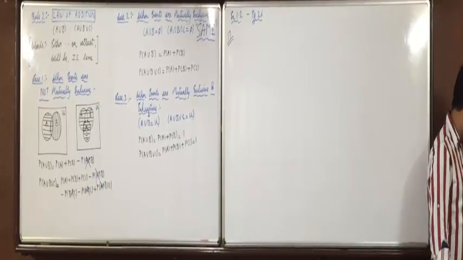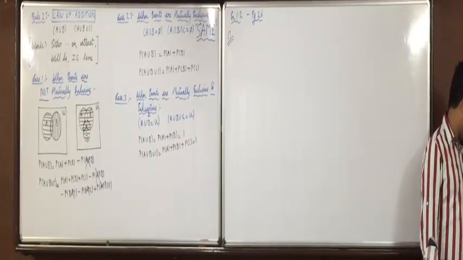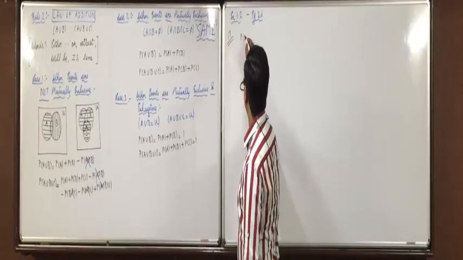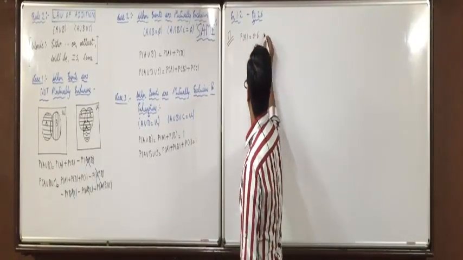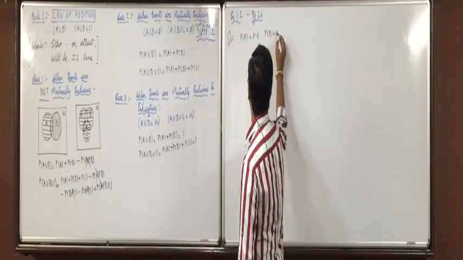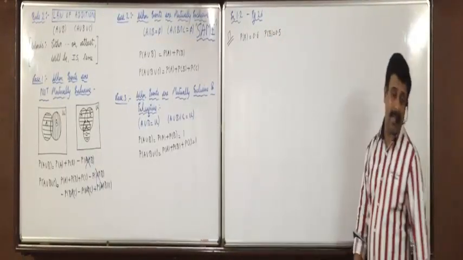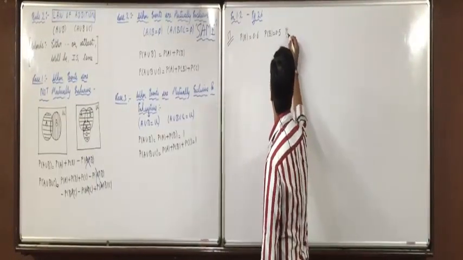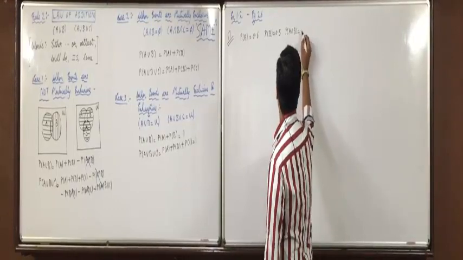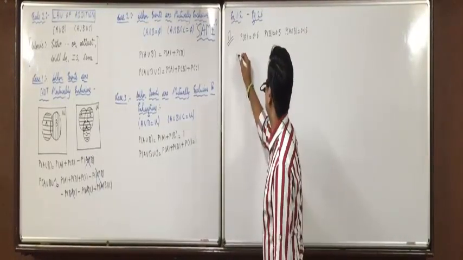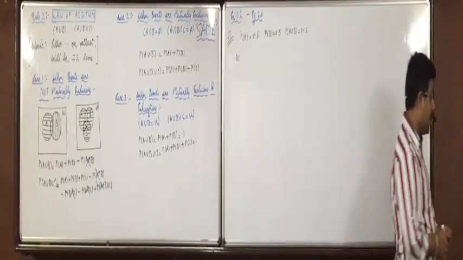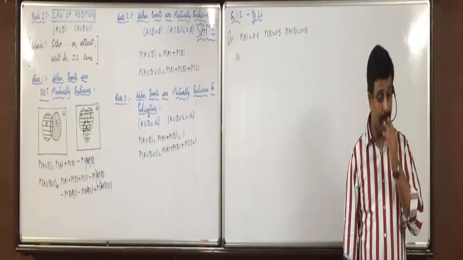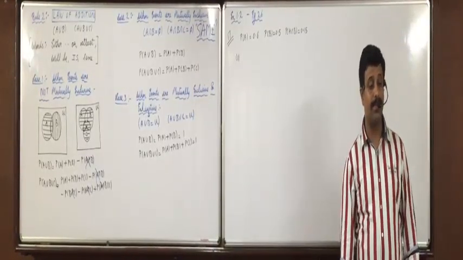Formula based question. For two events A and B in the sample space of a random experiment, P(A) equals 0.6, write it down. P(B) equals 0.5 and P(A intersection B) is equal to 0.15. Got it, everyone? Now the first answer asked is P(A complement), P(A not). How will you find P(A not)? We have done it in the notes.